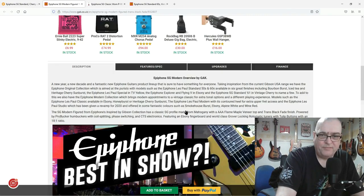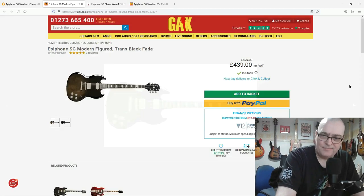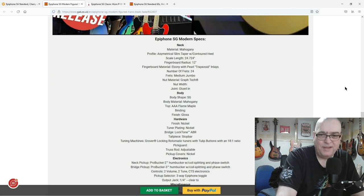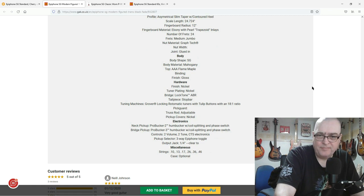We've seen already, if we just look closely at it, it's a 24 fret neck. It's not a deal breaker for me, but it's like Coke and Pepsi. I often say this. I may express a preference one way or another, but I'll take what's on offer. But if push comes to shove, I do prefer 22 frets. It's just to do with the placement of the neck pickup, really. 24 frets tends to shove it back a little bit, and it doesn't really sound like a proper neck pickup